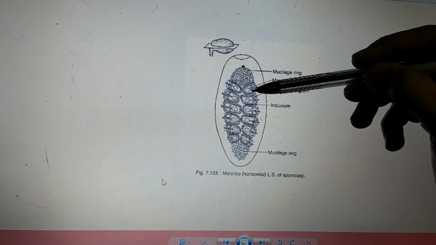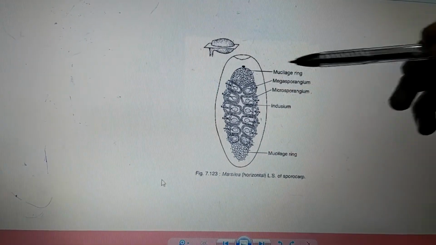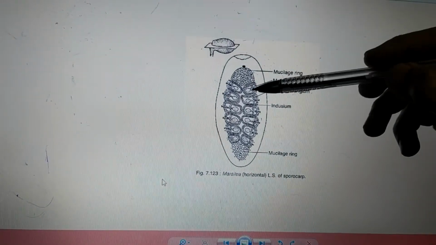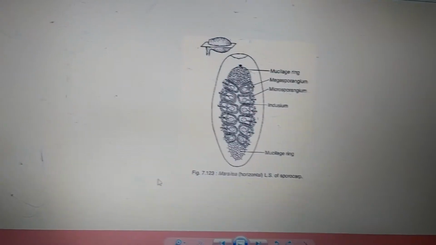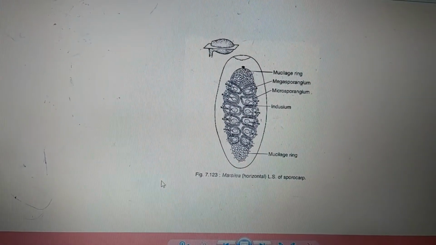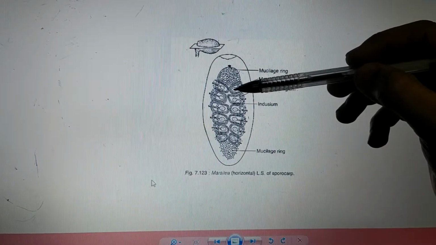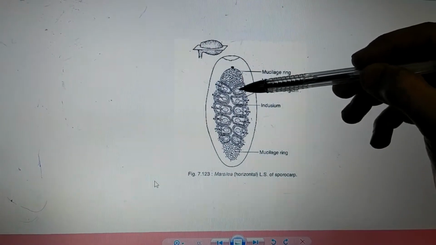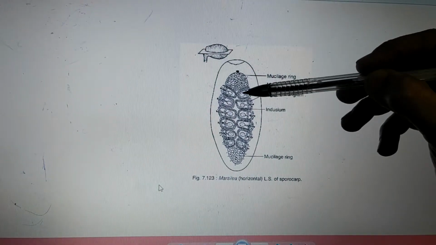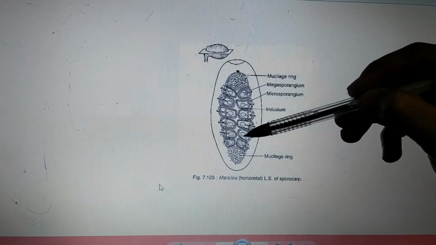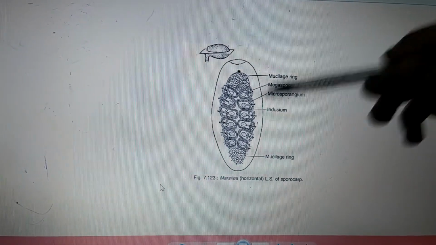Inside this sorus, what we have is presence of the sporangium, both megasporangium as well as microsporangium. The arrangement of this sporangium is in a basipetal manner. In the sense, the largest sporangium, obviously it is a megasporangium, is present or arranged at the top, whereas at the base you can find 2 microsporangium here. So we have at the top megasporangium, followed by at the base there is a presence of microsporangium.